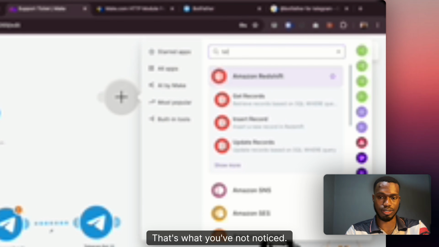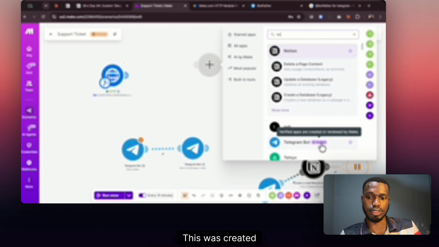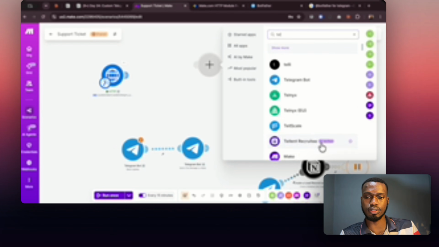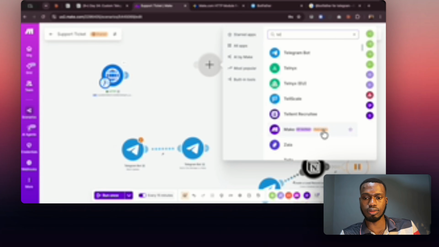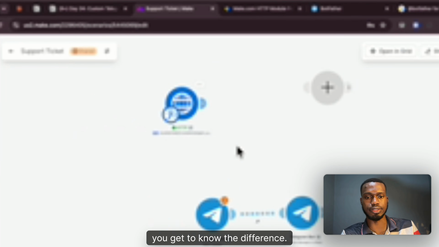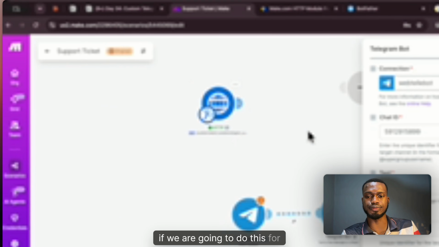That's what you've maybe not noticed. You can see this is verified. This was created and reviewed by Telegram itself, and you can see it. So every single thing you see here, you get to know the difference. Anyway, now the main thing I'm trying to say is that if we are going to do this for a post instead, what we do is